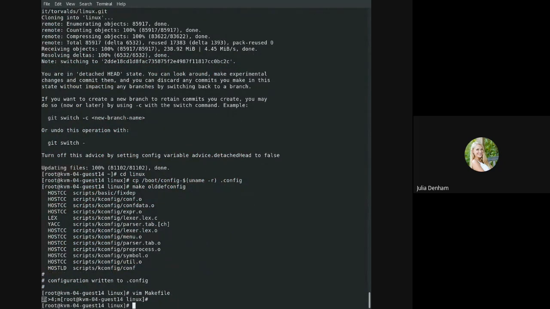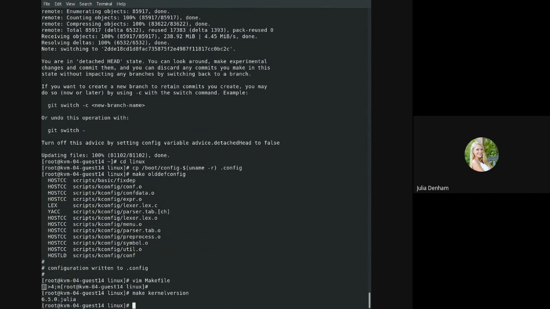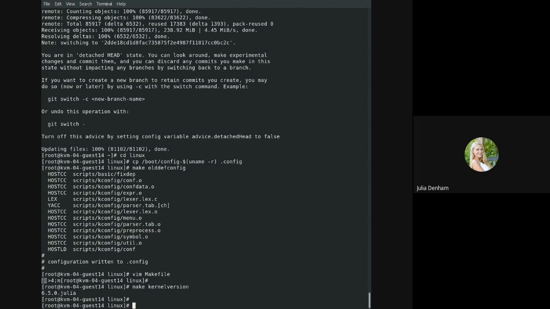Okay. Now, let's see if that works. So we'll type make kernelversion. Yes, it did work. Perfect. So now we will continue on to the extremely long command. So it is time to build a kernel. So we will type make